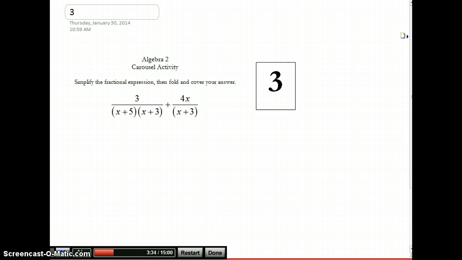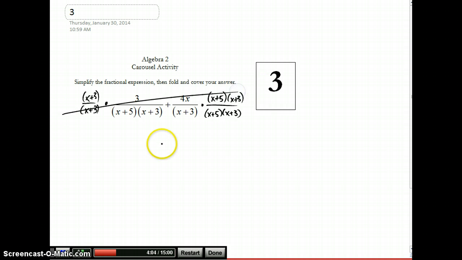Our third question, we again see that we have addition, which means we have to have a common denominator. Our denominators are not common. The long way to do this problem would be to approach it exactly the same as the other ones and say, well, I'll take the denominator of the first fraction and multiply it times the second, and denominator of the right fraction, and multiply it to the left. And there's nothing wrong with that, but it's going to be so much more work. So instead, what we said that we would do